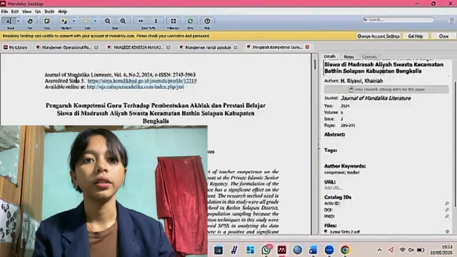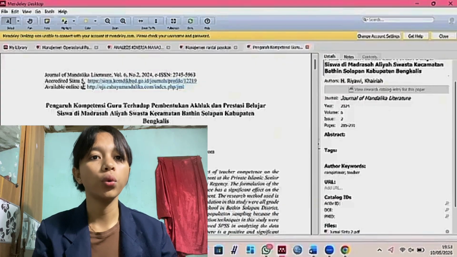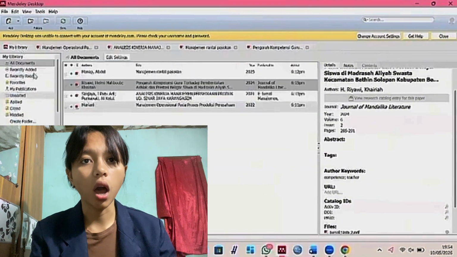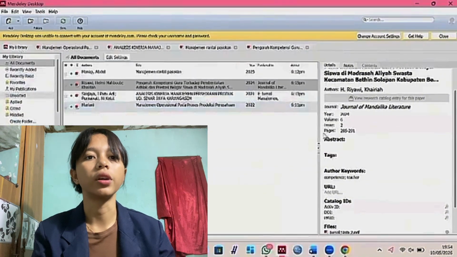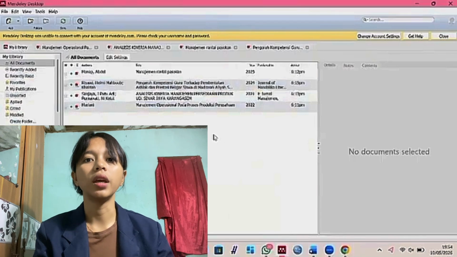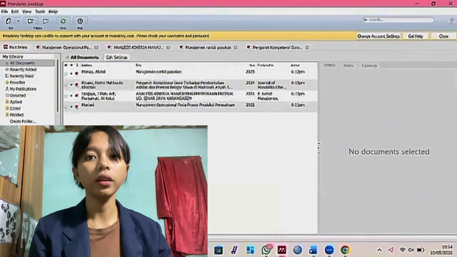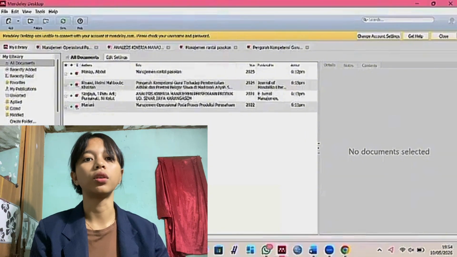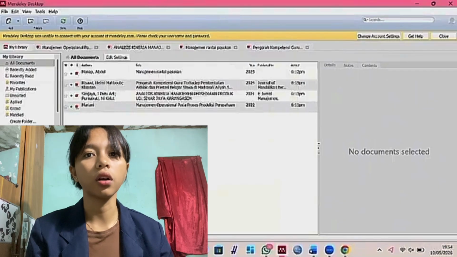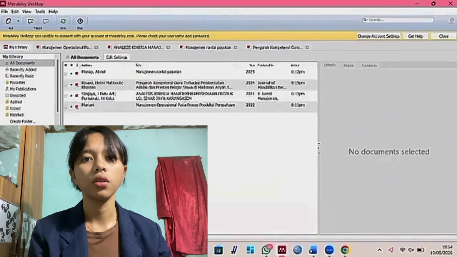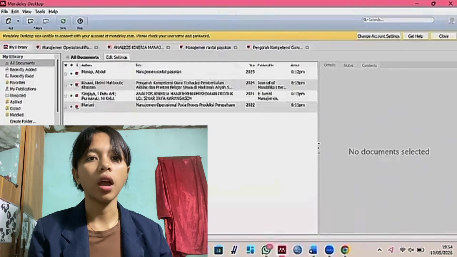Data check. So I just showed you the quick process here. Okay, now all of our journals are already in the library. Now that the journals are all set, let's move on to the next file, the conference proceeding, or what we usually call a seminar proceeding. Just like before, we click add new, select files from computer, and I choose the proceeding file I've already prepared.